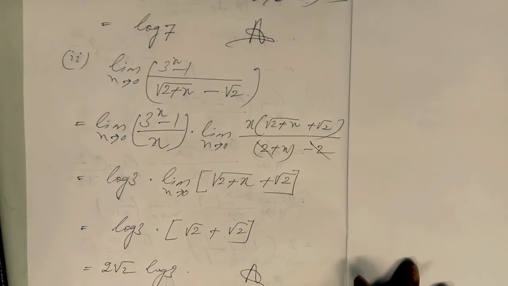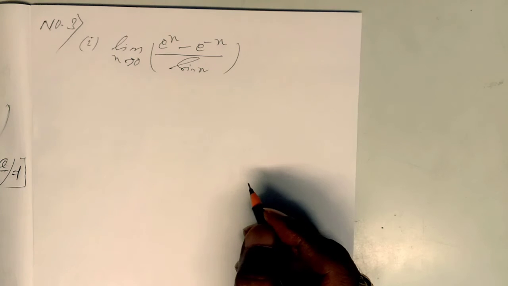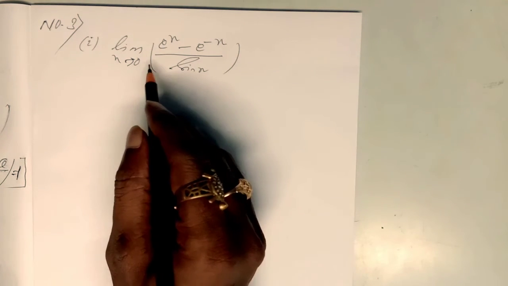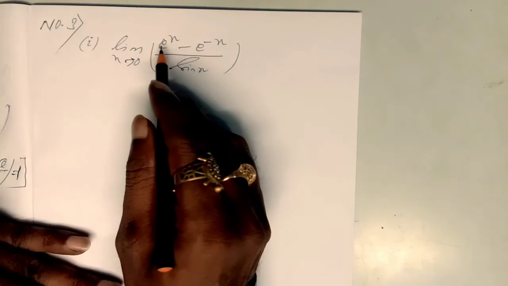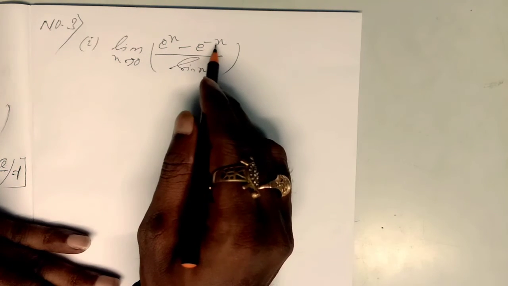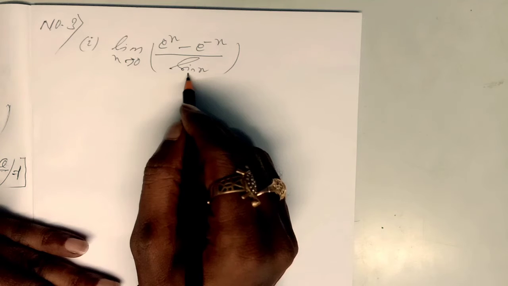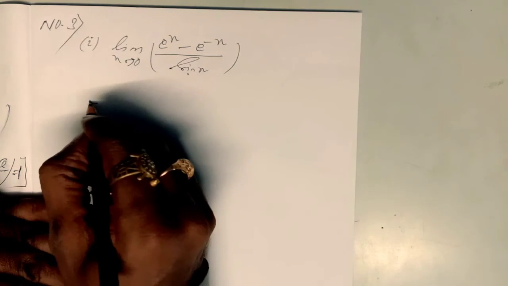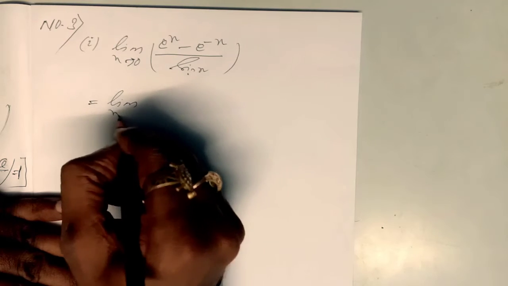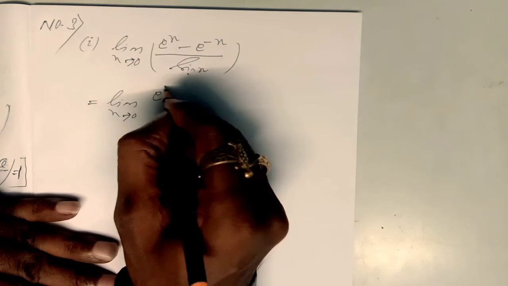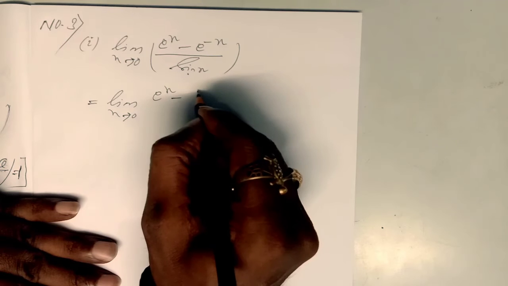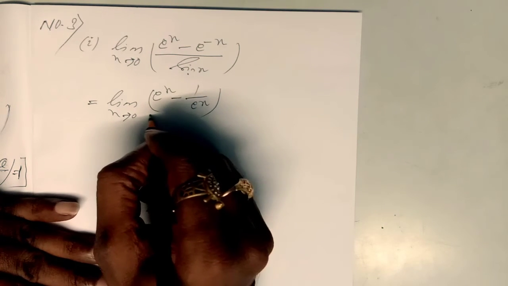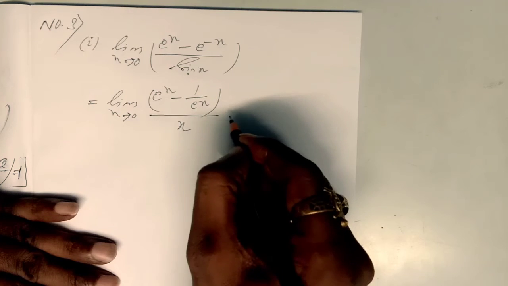Let us go to number 3. Just see the question number 3, first part: limit x tends to 0, (e to the power x minus e to the power minus x) by sin x. Okay, this is the question. How to solve? First of all, you have to adjust here. This will be e to the power x, no doubt, and this will be 1 by e to the power x, since the negative power is given. Do one thing here: divide by x here, and multiply by x.